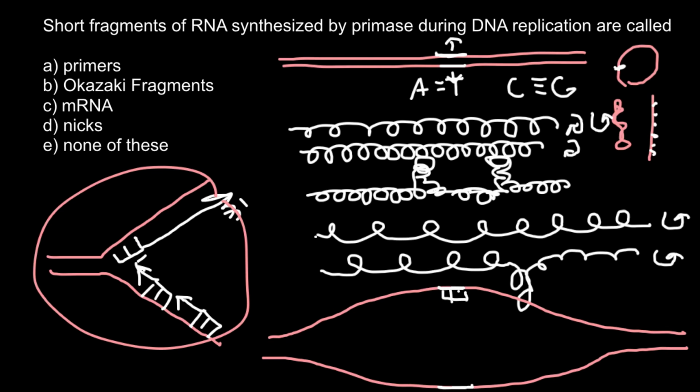By the way, this is not a DNA primer, this is an RNA primer, added by primase. So basically this is going to be our answer, that short fragments of RNA synthesized by primase during DNA replication are called primers. So first primers are added, these are RNA primers, and say that here we have the 5 prime